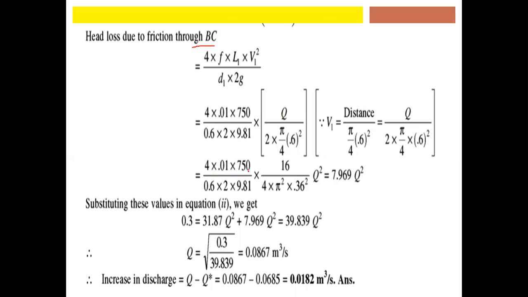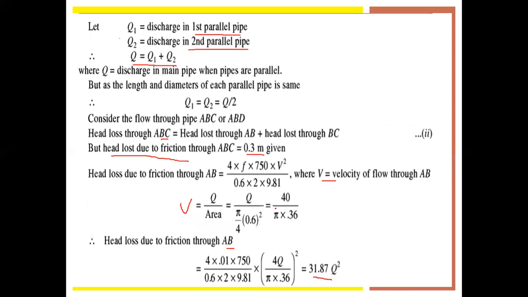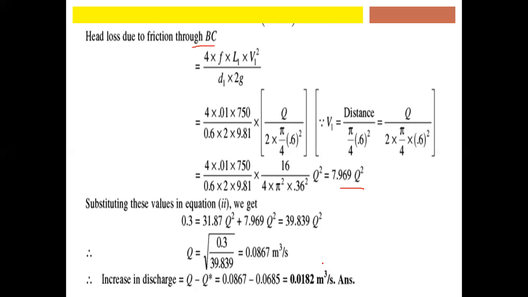Therefore 4 into 0.01 into 750 divided by 0.6 into 2 into 9.81 into Q square. After the whole process, we get 7.969 Q square. Okay? So this is the second case. Now substituting the values in equation 2. What is equation 2 here? Equation 2 is the head loss in ABC is equal to AB plus BC, so this 31.87 Q square plus